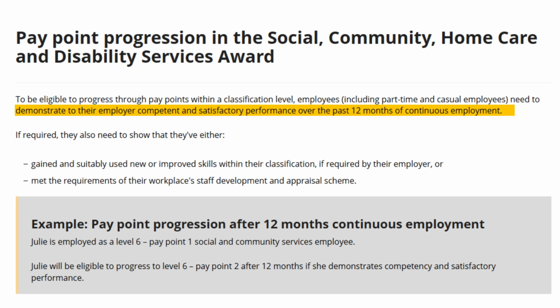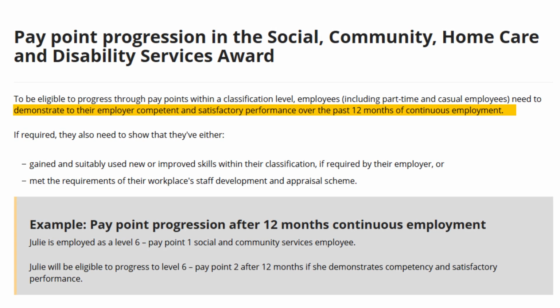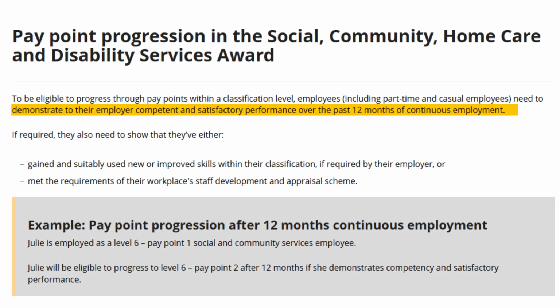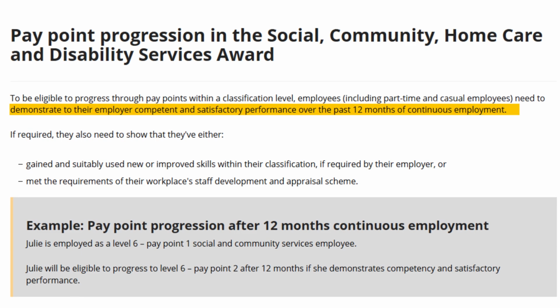An employee's level under the SCHADS award usually depends on their qualifications or experience. And the SCHADS award also contains pay points. When an employee has reached 12 months continuous employment, they'll be eligible for progression from one pay point to the next if their performance has been competent and satisfactory over the 12 months. Now, an employee may be eligible, but deciding whether to reclassify them at a higher pay point is entirely at